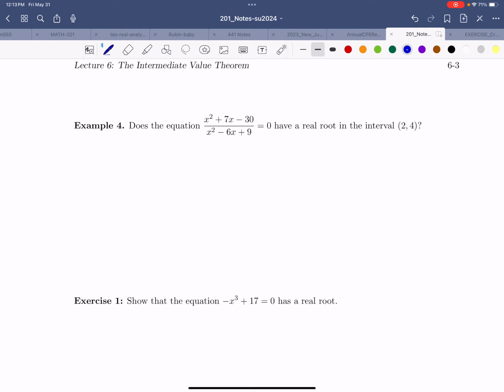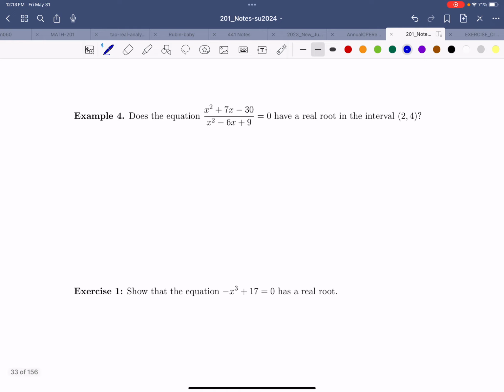Now let's consider example 4. Does this equation have a real root in the interval 2 to 4? Well, you can try using the intermediate value theorem if you want. You can pause the video and try. But first, you need to verify that the intermediate value theorem holds. Well, one thing to keep in mind is, let f of x equal x squared plus 7x minus 30